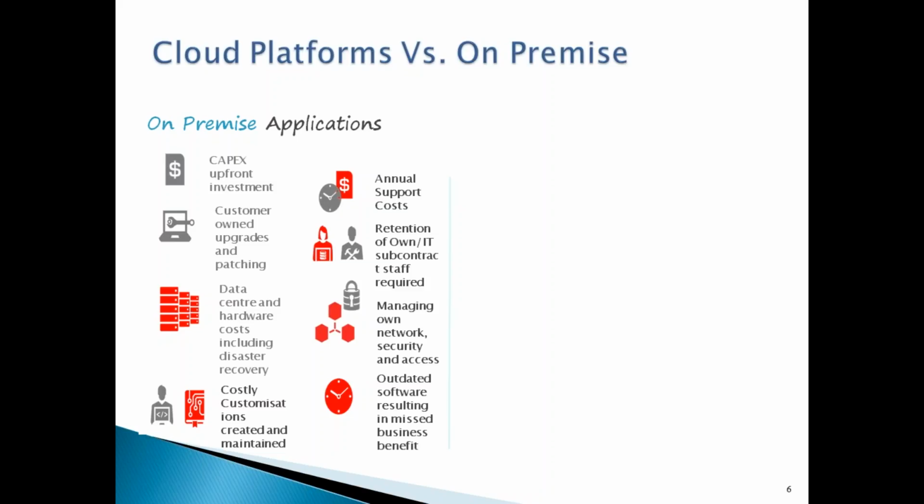On the other side, the advantage is since you're managing your own application, you have greater control on those applications. You have greater control on your network. You have greater control on the speed of the application, the scalability of the application, as well as very good security for yourself, because it's entirely your data center. It's very much secured. On the other side,